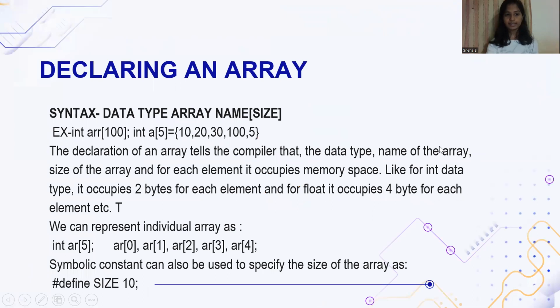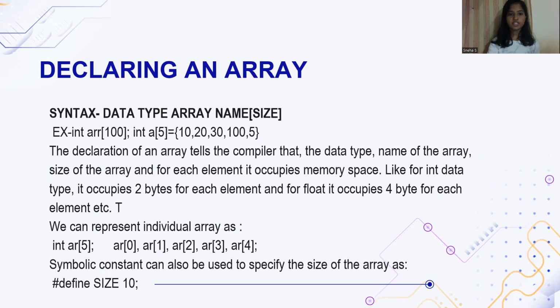How do we declare an array? There is a syntax where we declare an array using the data type, array name, and the size. Data type may be int, float, double. Array name can be anything, and the size is the length, which can be any numerical constant. For example, int array[100], int a[5], where we declare the